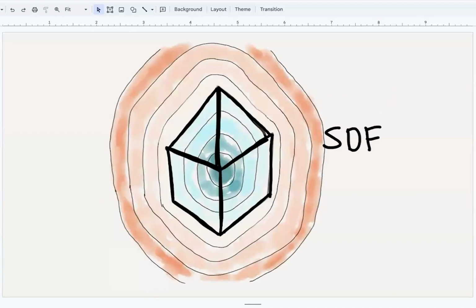Then there's signed distance fields, which, compared to something like meshes, is fairly new. It's only been with us in any noticeable way for, I don't know, 10 or 20 years at this point. And if you look at niche corners of 3D graphics like the demo scene, then for example, all the 4 kilobyte demo scene productions are basically signed distance fields these days.